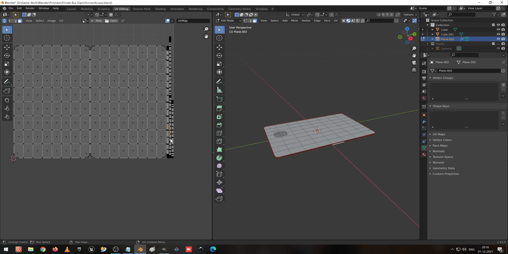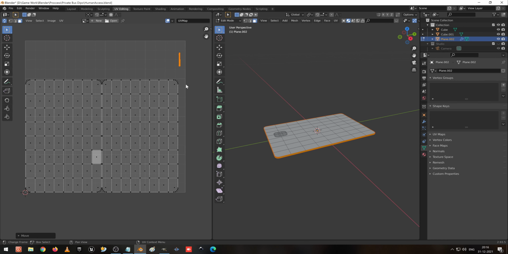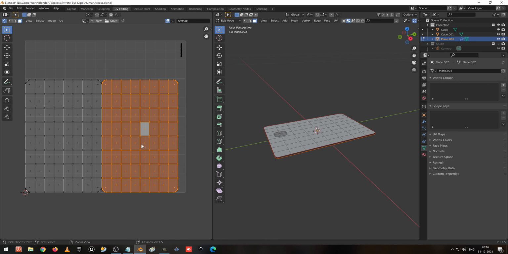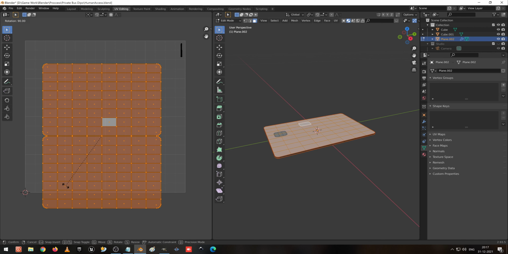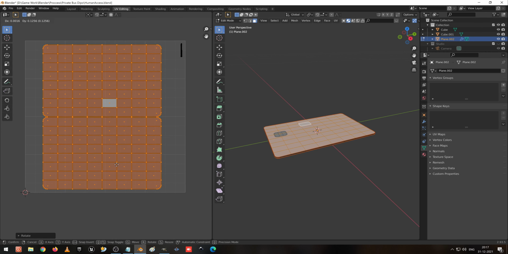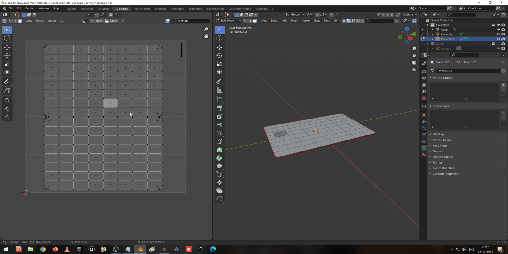So I select these things too and I press Ctrl L to select, I press Ctrl I to select the other things, and S to scale it down, and G to move here, and G to move here. I make it in this corner. I select Ctrl plus L, select this one, these two, and R to rotate it at this angle, and G to move like this. So this is the top view and the bottom view which we have created.